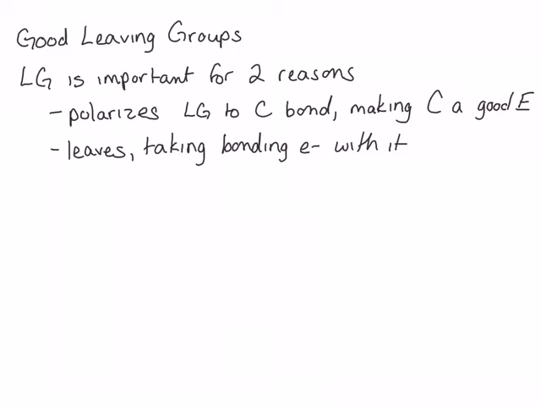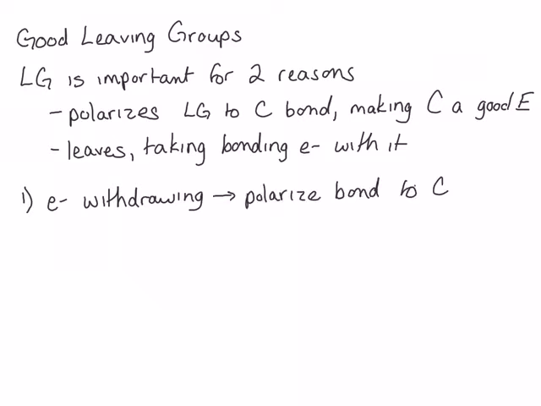First, it needs to be electron withdrawing. If the leaving group is very electronegative, it allows the leaving group to polarize the bond to carbon. For example, halogens make good leaving groups. Because the halogen is more electronegative than carbon, it polarizes the bond and pulls electrons towards the halogen, making the carbon more electropositive. This makes the carbon a better electrophile. Other atoms that make good leaving groups due to their ability to polarize the bond to carbon are oxygen, nitrogen,